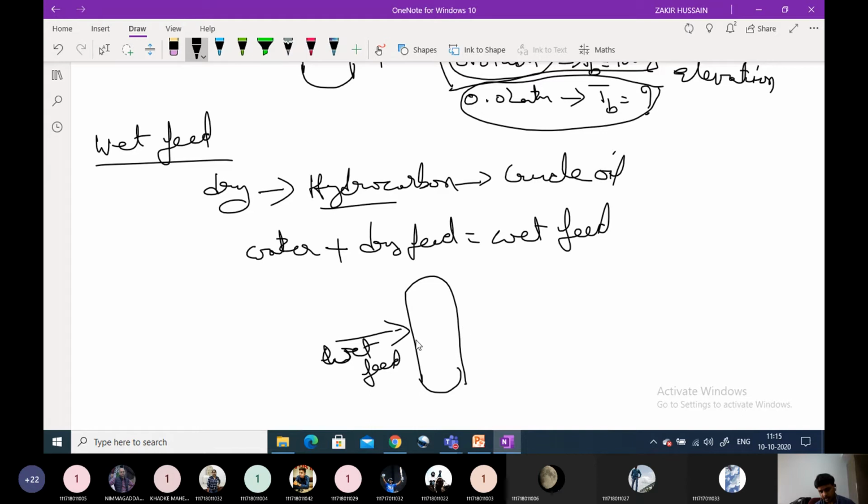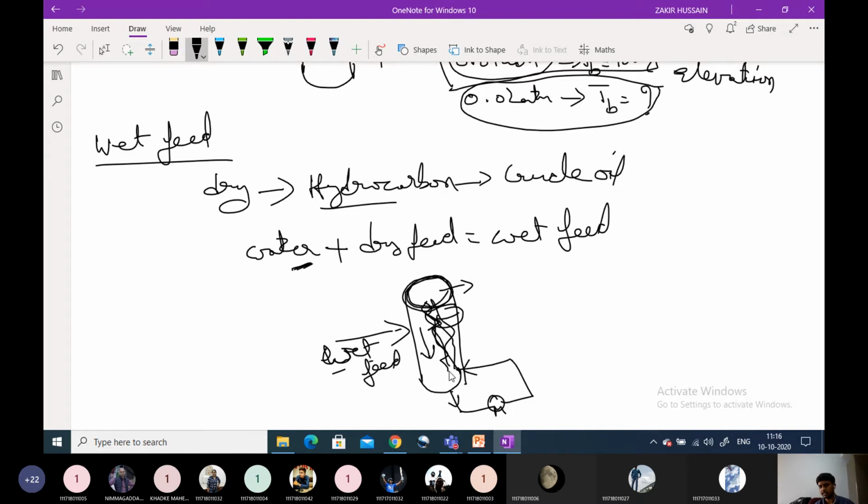What happens when this liquid reaches the bottom, in the reboiler? Compared to the oil, water has a lower boiling point, so the water will just vaporize. This vaporized water will create a huge pressure, a huge burden on the top section of the distillation column. The column trays will be damaged due to the unnecessary pressure created by the contaminant, the feed water. When the feed is contaminated with some water, it is called a wet feed.